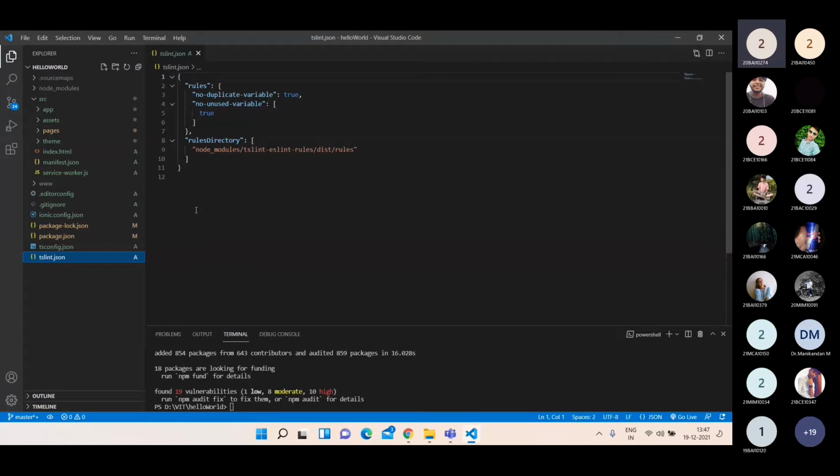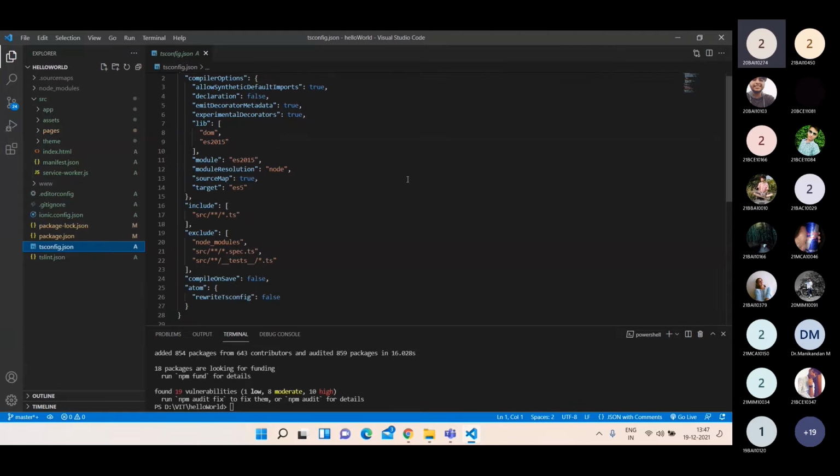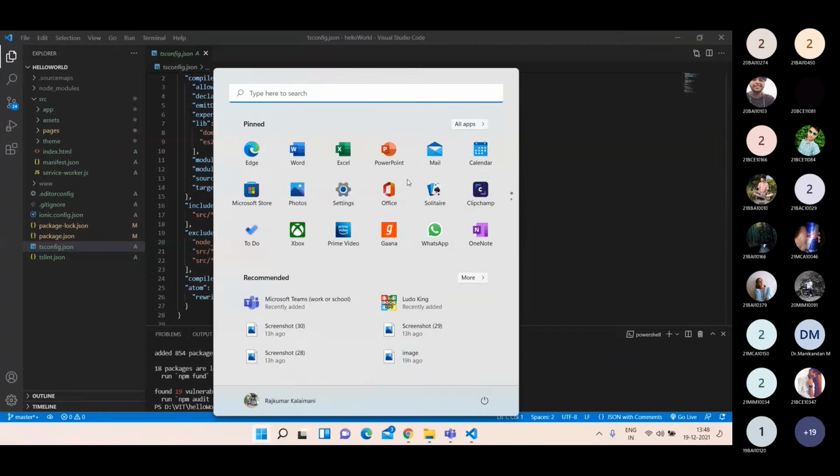Excuse me, sir. While creating the hello world, we gave a word that was blank. What is the significance of that? Like start project, then project name, and then we gave blank. That blank is actually what mode of application you are going to create. For example, I can create one more application and show you.